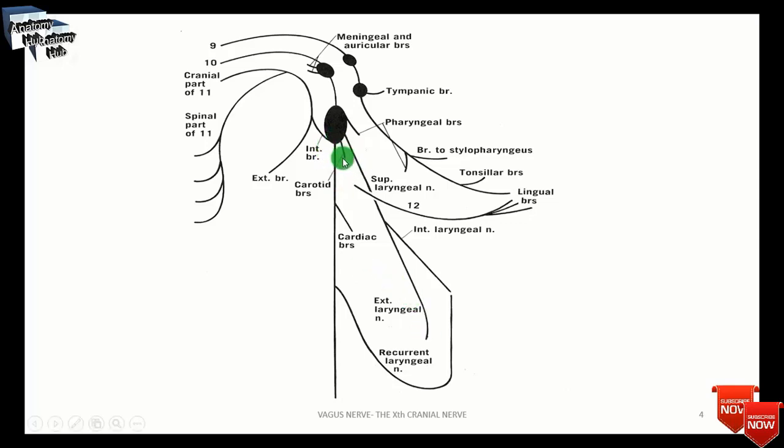The carotid branch, otherwise known as the depressor nerve, assists the glossopharyngeal nerve, which, as we have already studied, innervates the carotid sinus and the carotid body. So here the vagus nerve also gives a carotid branch and assists the glossopharyngeal nerve in supplying the carotid sinus and the body.